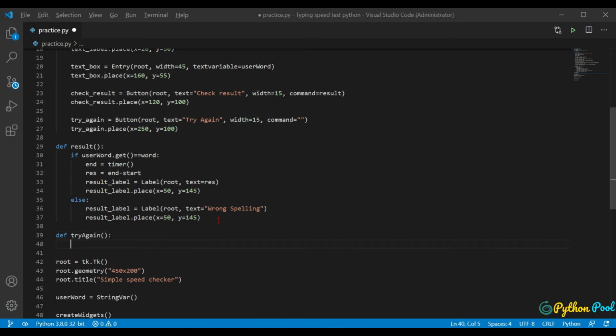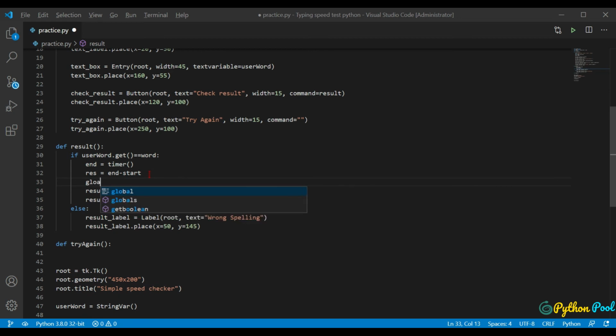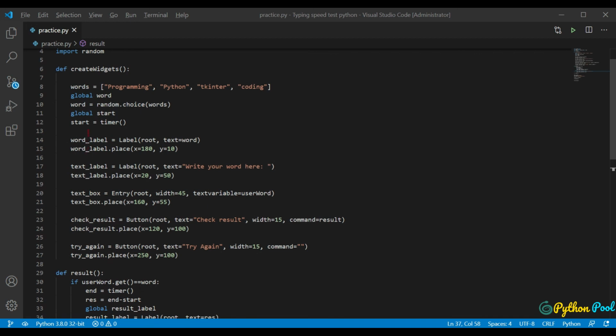We need the result label here, so let's declare this result label as global. And remember, we declared this word label; we also want this word label to be blanked.